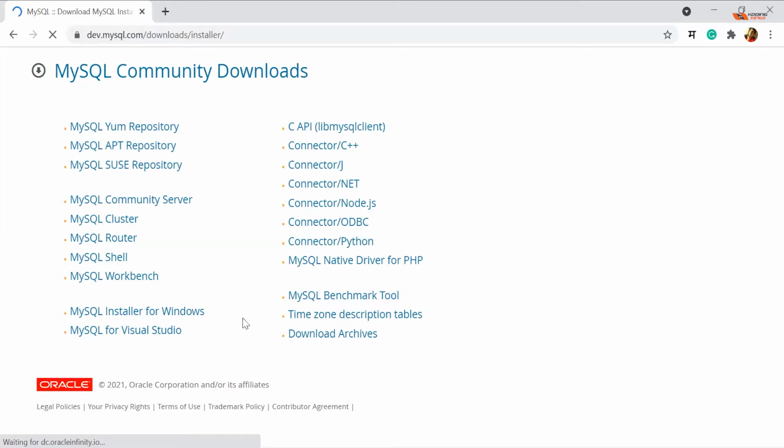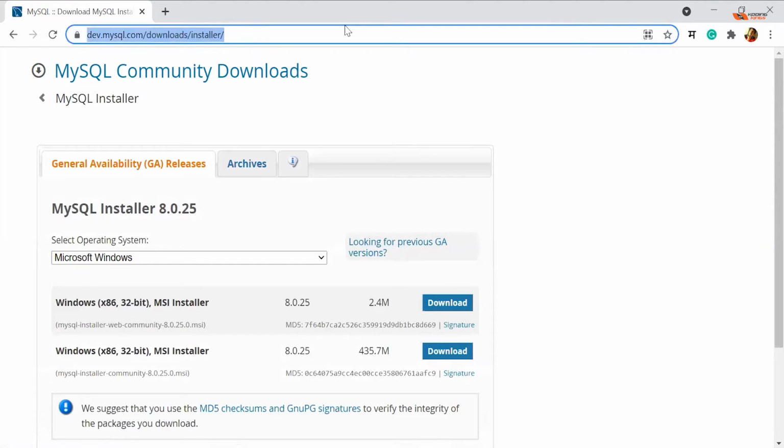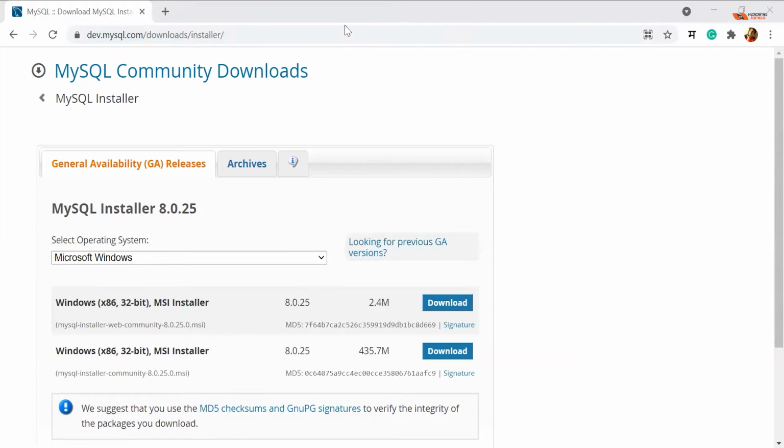In that you will have the option to choose which version of MySQL you want to install. I'm going to give you this link right away in the chat box. Please look at the chat box right now. This link will guide you, or otherwise just go directly to mysql.com, choose MySQL community, and then go for the MySQL community download Windows installer.